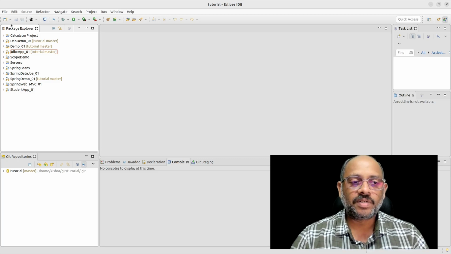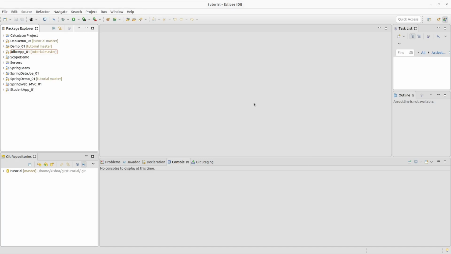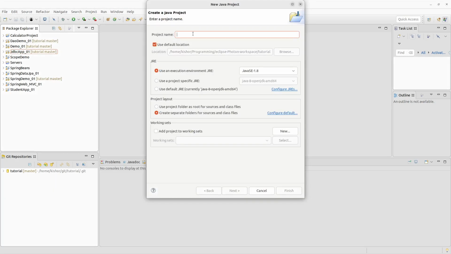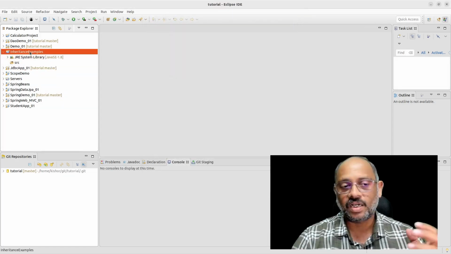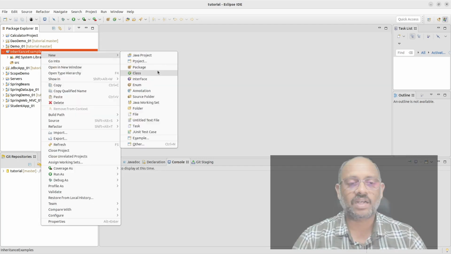Now let me create a simple project. This Java project name is inheritance examples, and all the other attributes remain the same as they are. I can just go ahead with finish. I have a project here, that is inheritance examples. Now in this project I will create a class called